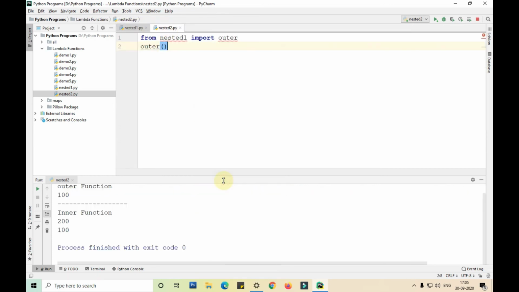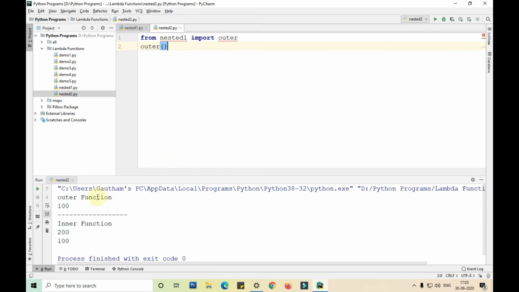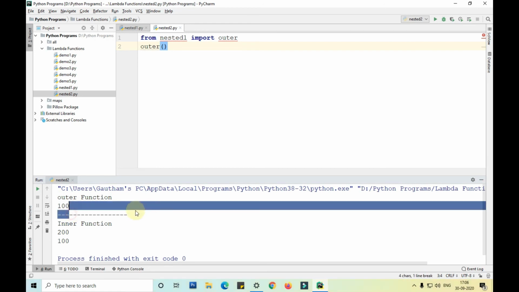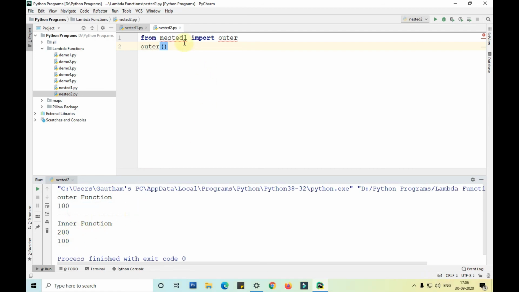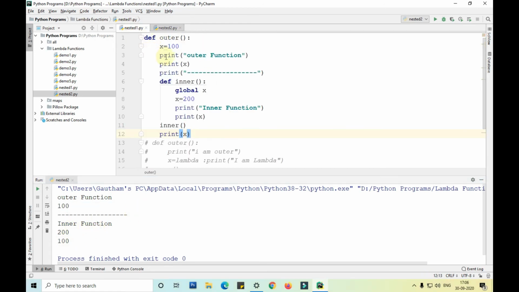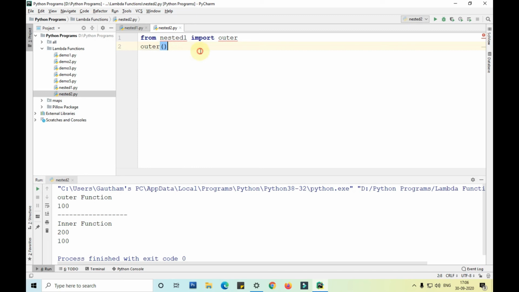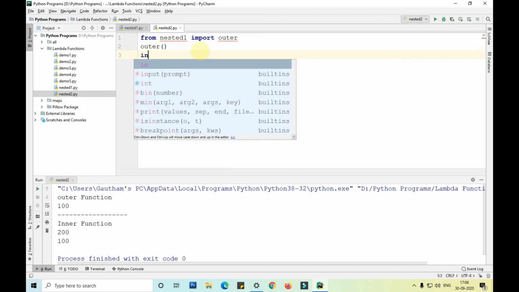Okay, so when I imported that, we are first getting the outer function, then 100, then the lines, then the inner function, 200 and 100. Okay, similarly, if I try to call inner here,